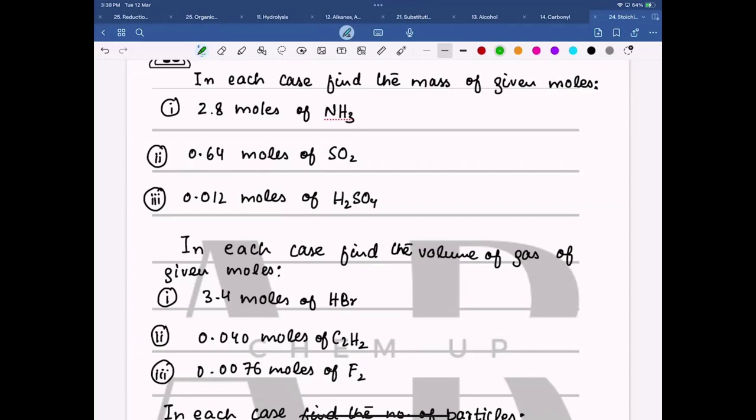सर ये वॉल्यूम ऑफ गैस वाले में जो है हम सेंटीमीटर क्यूब में करेंगे या डीएम क्यूब में? You can do in either, but you have to mention the volume, the unit of volume. That's important. ओके सर।